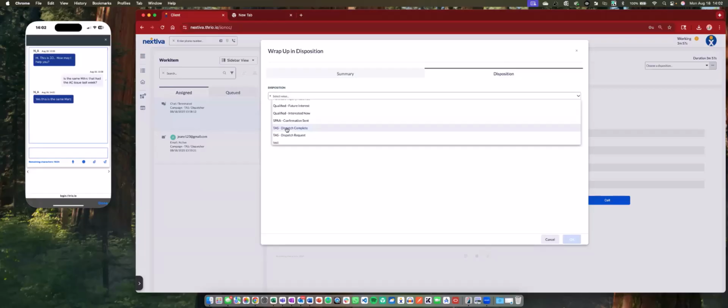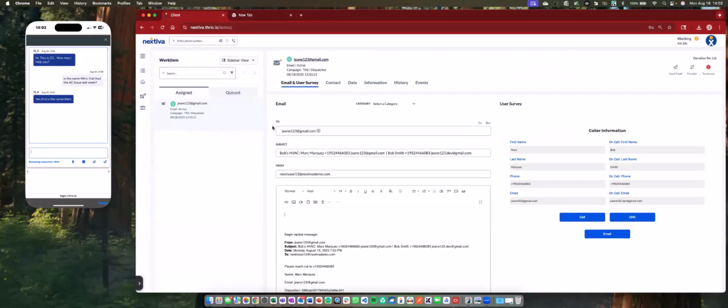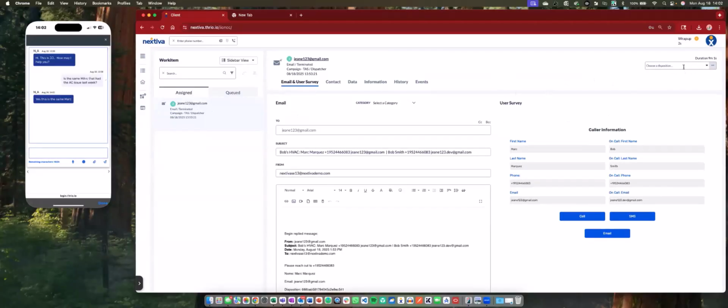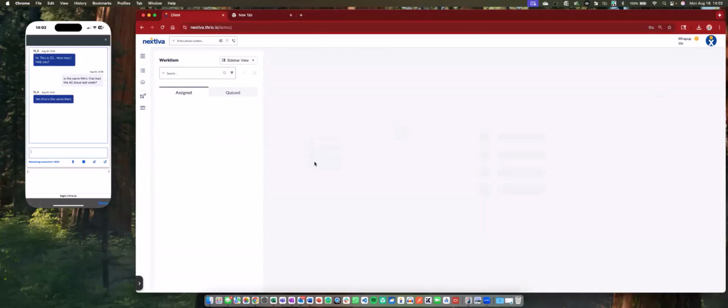That means that you can report on that. That's going to support all of the different billing models that you have for your customers. Some of you might be billing your customers per interaction. Some might be billing your customers per minute. We can do all of the above. So I'm going to go ahead and I'm going to disposition this one. I'm going to take this one, and I'm also going to disposition this interaction. So I'm going to go here, dispatch complete, and now I am completed throughout this interaction.